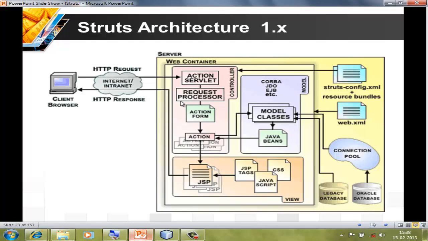You are taking some input, then giving it to an appropriate action. Based on the output of the action, you show the result. Even though when you do it for the first time it is a bit difficult to understand, if you notice, you have not done a lot of things. You just created an action. You created a form, and you just created a mapping. So three things you did. The rest is working on its own. So this is a simple application. Let's now switch to